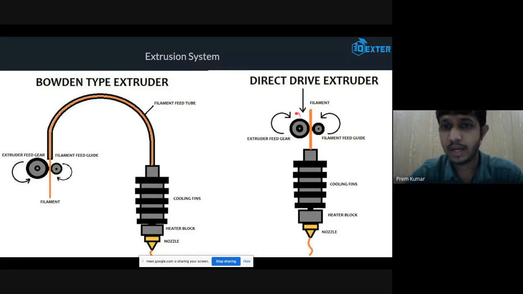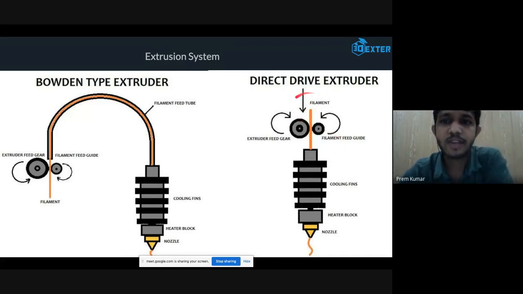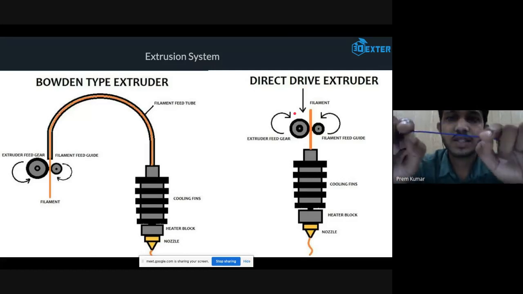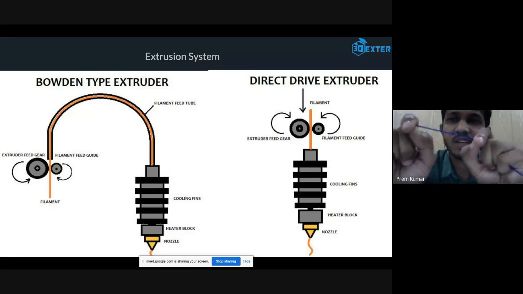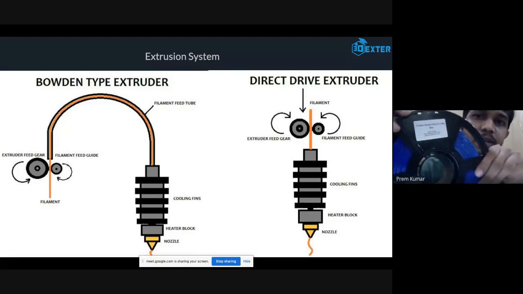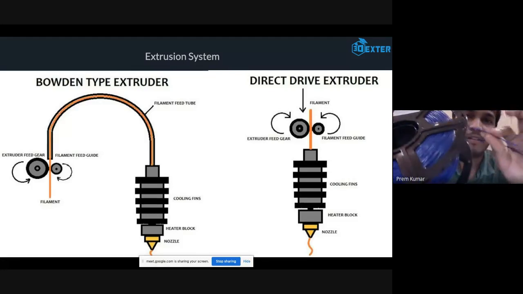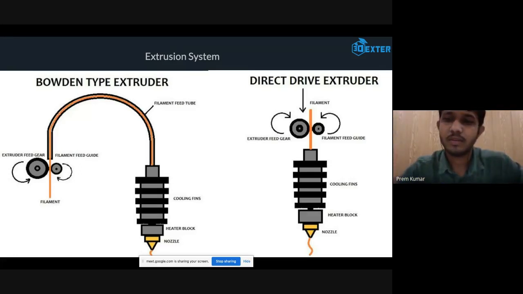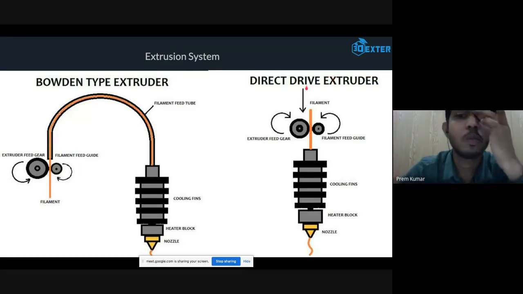But a direct drive extruder can print this kind of material, and also flexible materials which feel rubbery after printing, like TPU. So for those kinds of materials, a direct drive extruder is suitable. So this is the material TPU. It is too flexible compared to the previous one, and you can actually bend it without it breaking. Yeah, this one is flexible material. Once you print your model, it will look like a rubbery model, like a sponge. So to print those kinds of materials, you need to use a direct drive extruder.